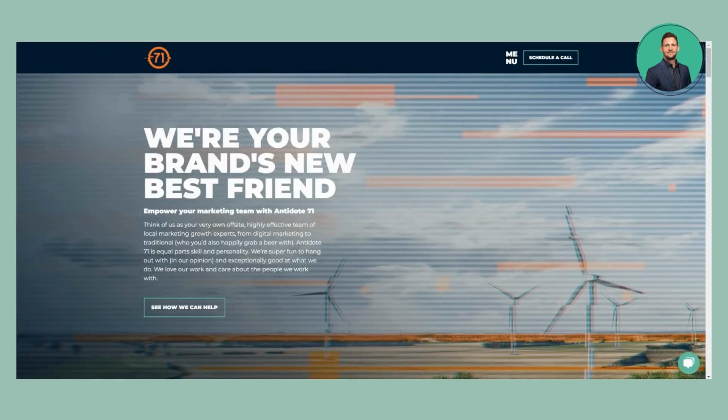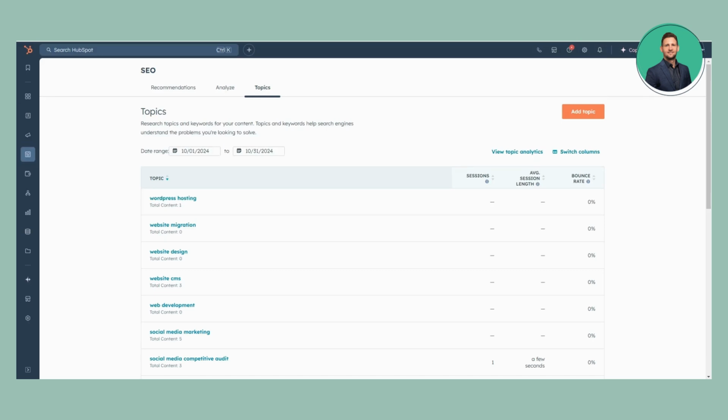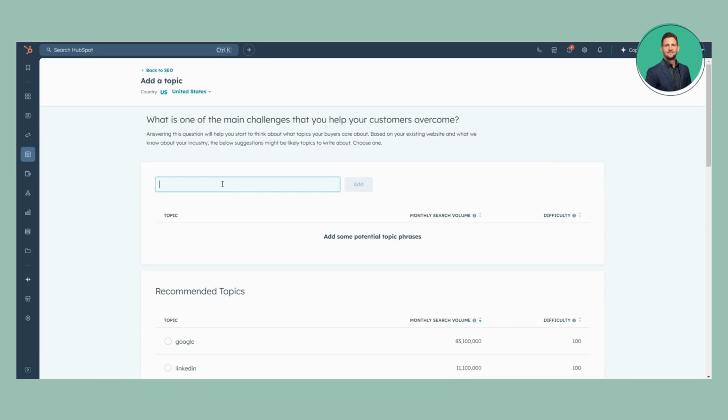Our website that we're going to be using as an example is antidote71.com. We're a digital marketing company, so any topics around any digital marketing, different digital marketing platforms, and website design and development are all topics that would be within those that we would want to go after. So, what would be appropriate for your business really just depends on what niche you're in, and what's on your website. So, to get some ideas, you can just click on the add topic,